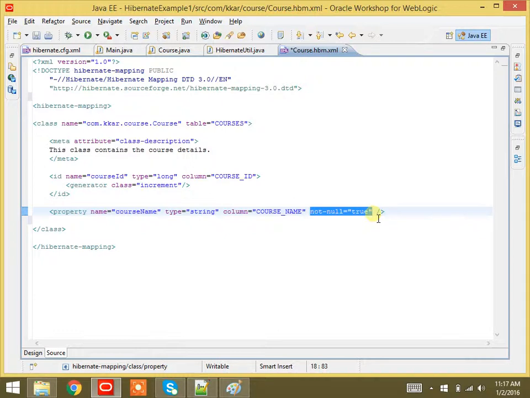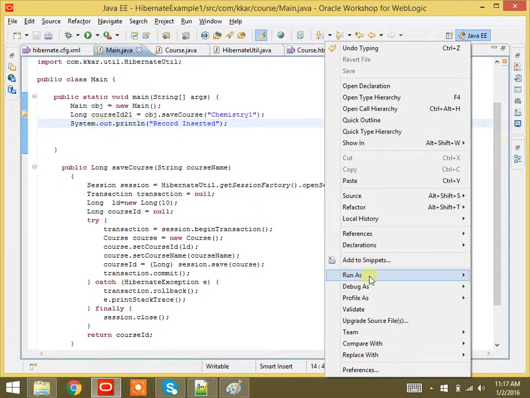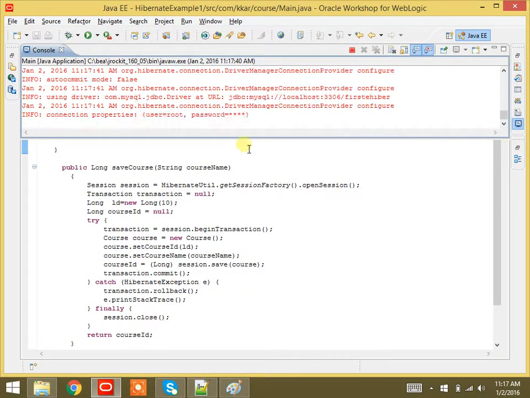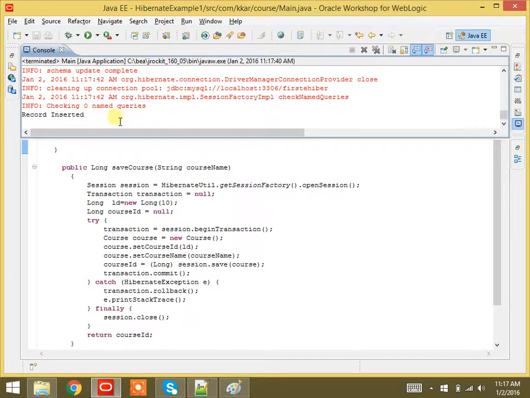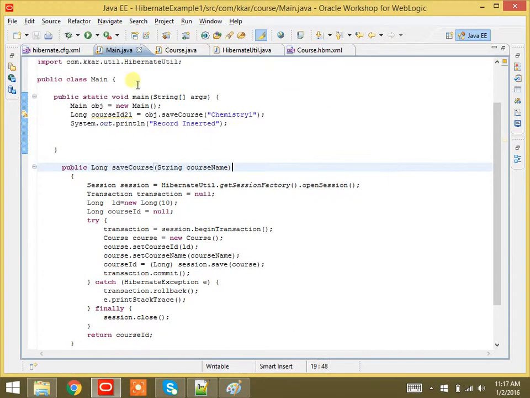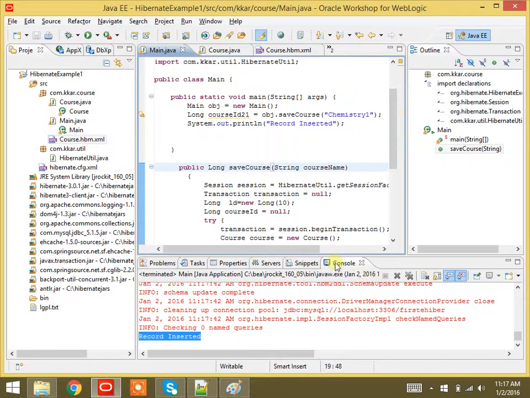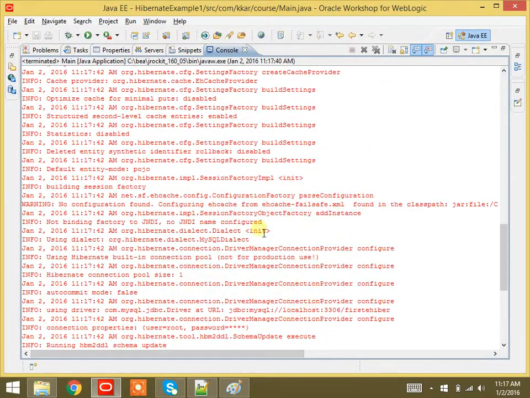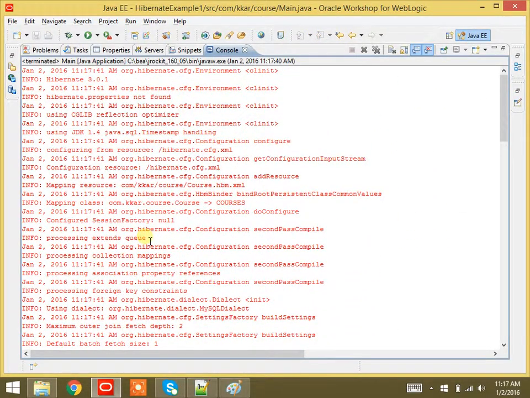Clear? Any doubts? Okay. Now let me run this program, then I'll explain the other programs. Run as Java application. Record inserted. Okay, and what are these things? These are considered loggers.